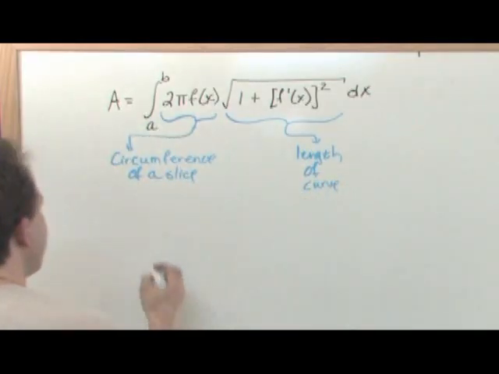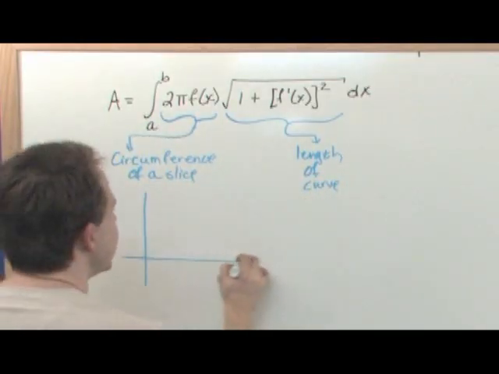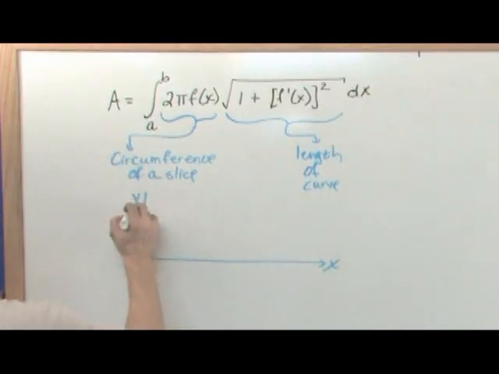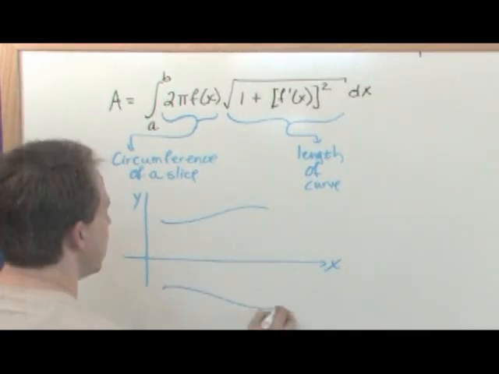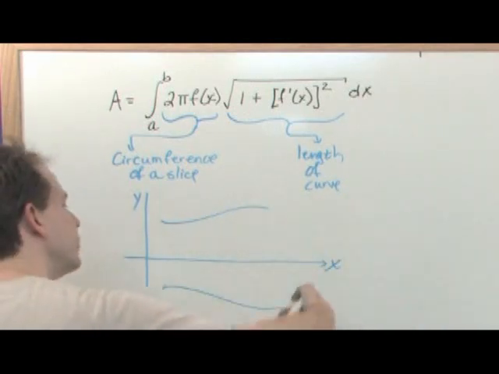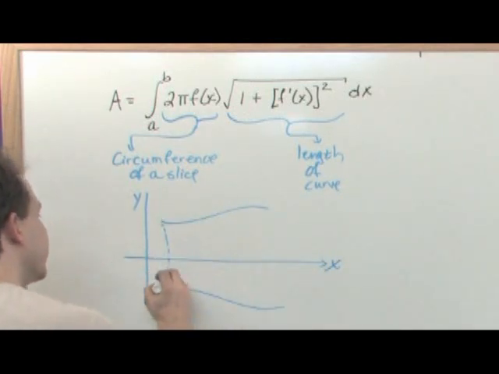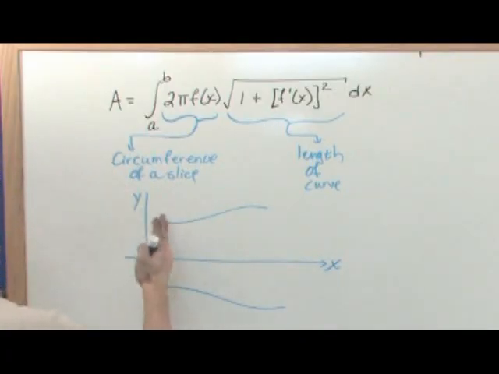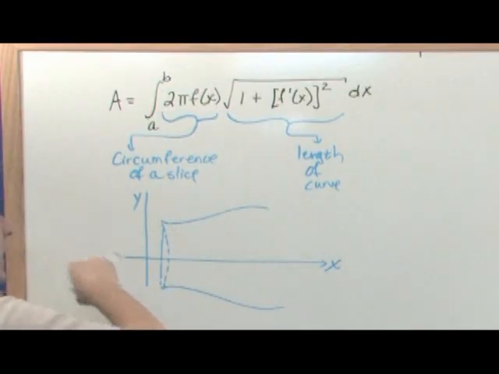So to draw it for you here, if this is x and this is y, this is some arbitrary function. You're going to rotate it around, and at every value of x you're going to have a cross-sectional slice, and this slice is going to have a circumference. That circumference is 2 times pi times f of x. F of x is given by this thing right here. The length of the curve is already given to you from the previous section. You put those together, you integrate, and that's what we already talked about in the previous sections as the area,